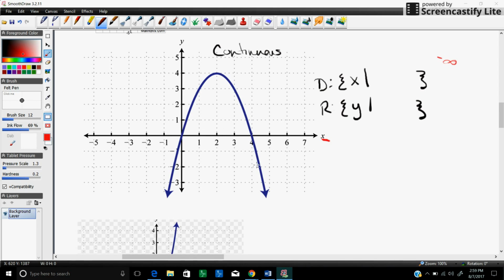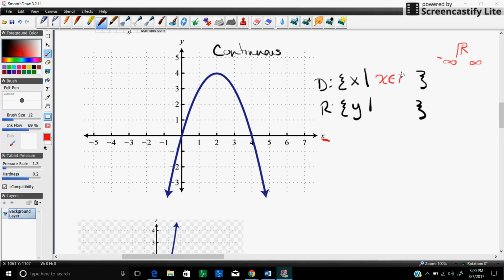Okay. Going to the right, I see the same thing. Yes, it's going down, but if I think of it in terms of left and right, it's going forever to the right at an angle. So it's also going to infinity. Okay. So when this happens, it's actually kind of nice because this means that it's everything, that it's all real numbers. Remember from yesterday, we talked about all real numbers and how that pertains to information and data. So when this happens, we can just say that x